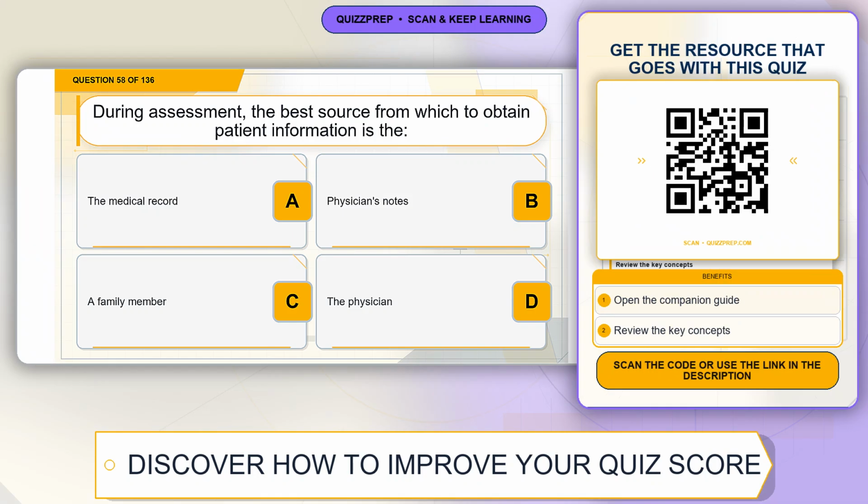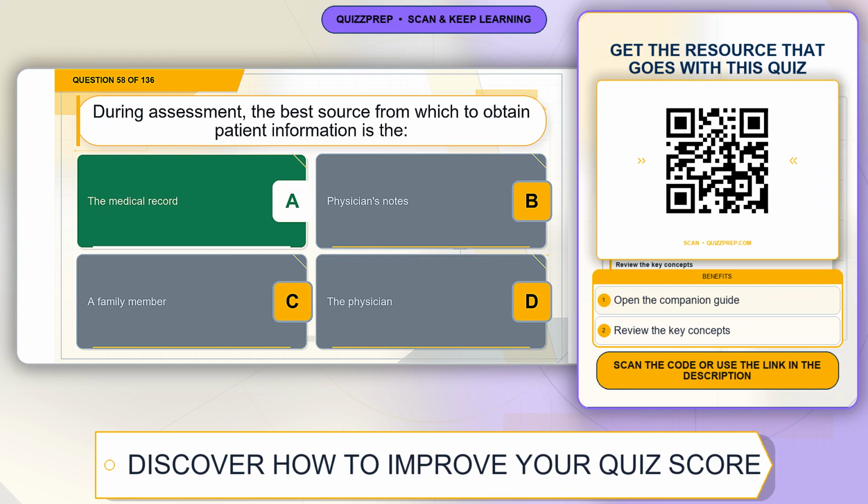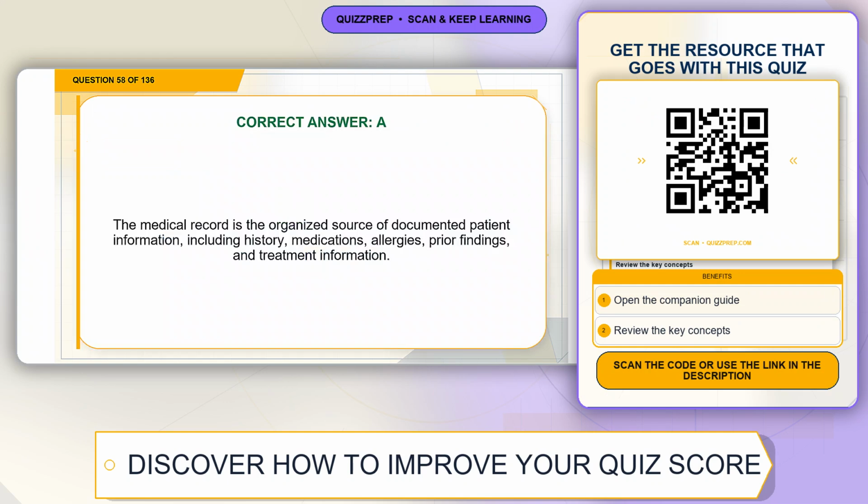Question 58. During assessment, the best source from which to obtain patient information is option A, the medical record. Option B, physician's notes. Option C, a family member. Option D, the physician. The correct answer is option A, the medical record. Explanation: the medical record is the organized source of documented patient information, including history, medications, allergies, prior findings, and treatment